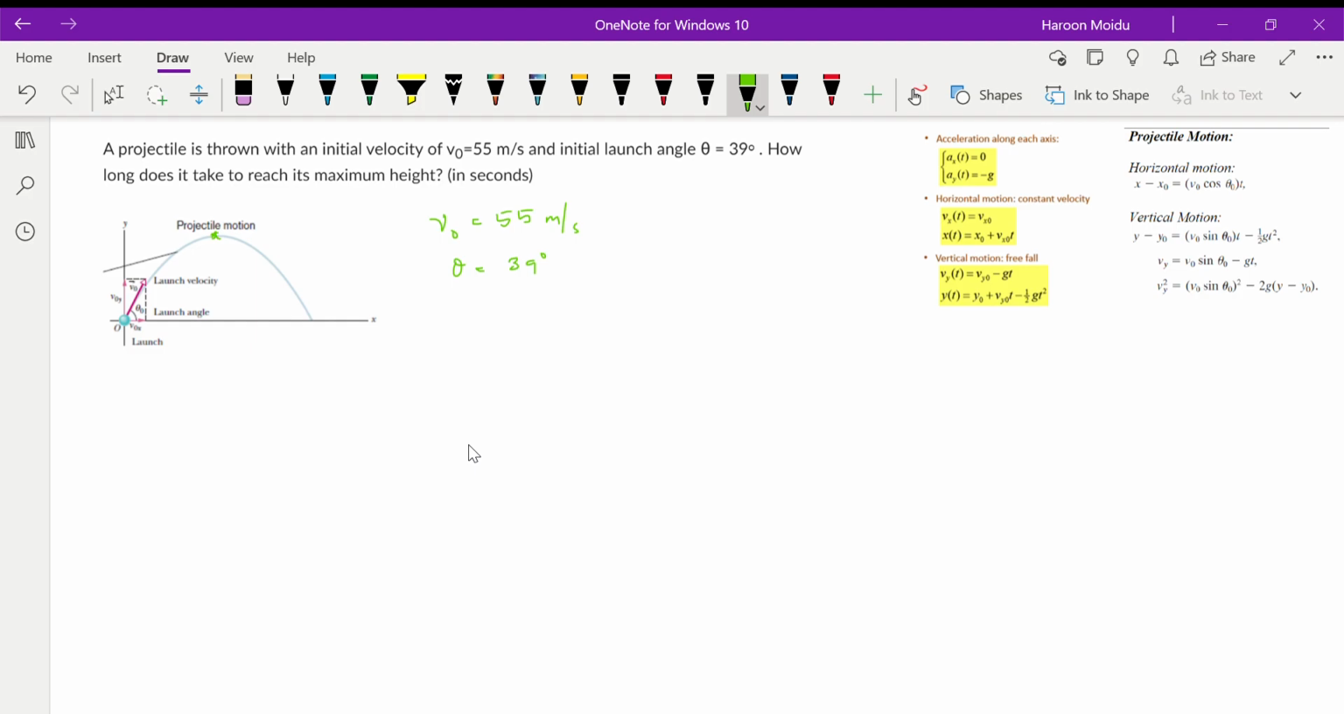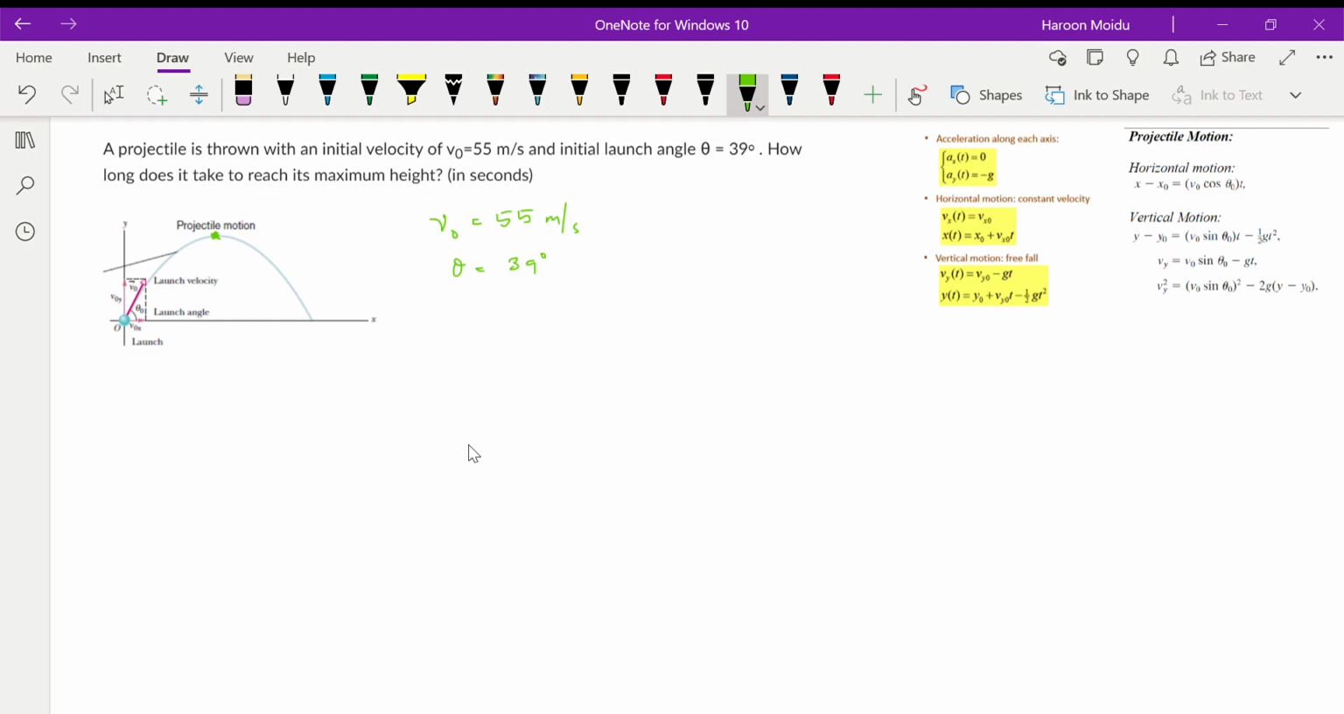So at the maximum position, at the maximum height, we know that the vertical velocity will be 0. I mean, the vertical component of the velocity vector will be 0 at this point, right? So we learned that